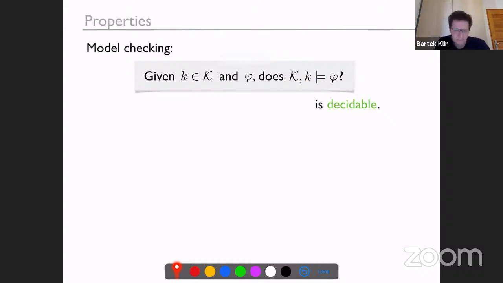So for this, it makes sense to assume that the model is finite, so that it can be seen immediately as an input to an algorithm. If it's infinite, then it had better have some structure, so it can be finitely presented. But for finite models, at least, this problem is decidable,